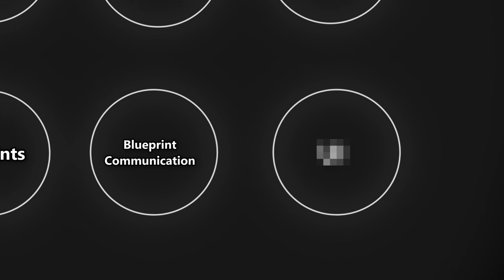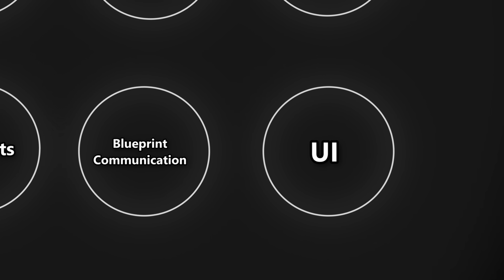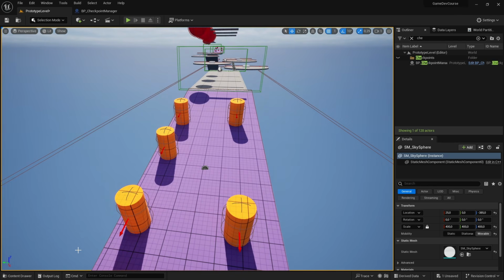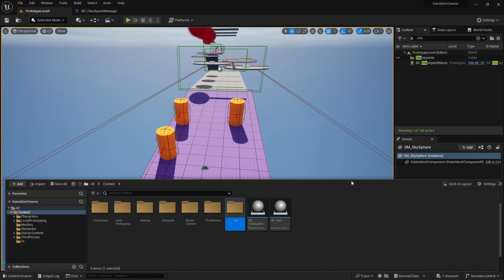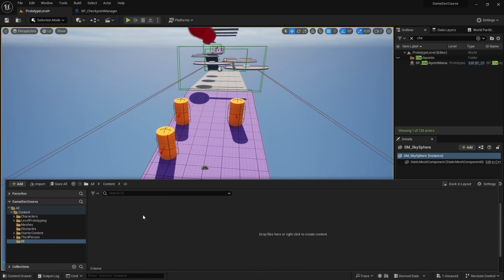And finally, we'll add the UI, not as decoration, but as feedback. Timers, messages, and information that supports the gameplay. In our case, we're going to need a timer. So it's time for UI, and basically all UI is being made in a widget in Unreal Engine. So I'm going to create a folder called UI. We will only have one single element, the timer, on our screen, but for practice, it's just good to have